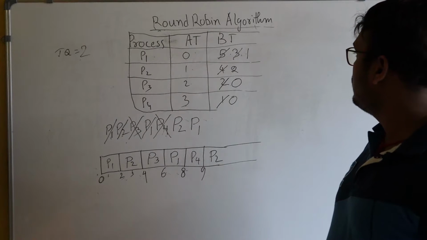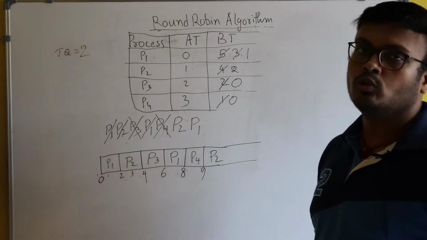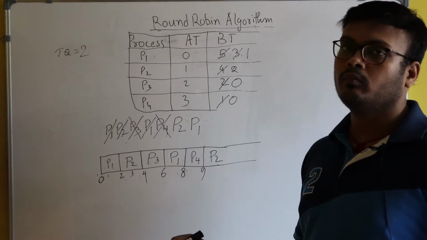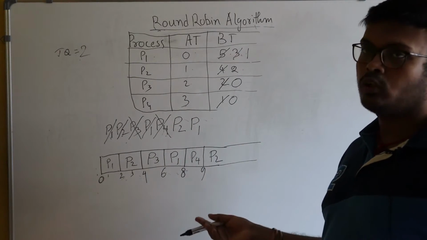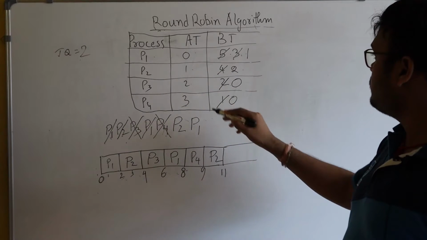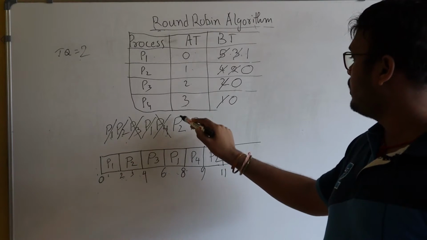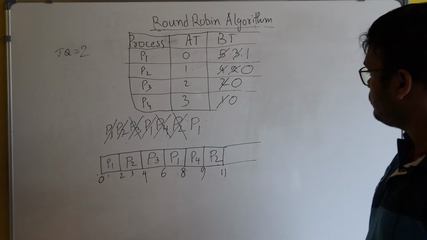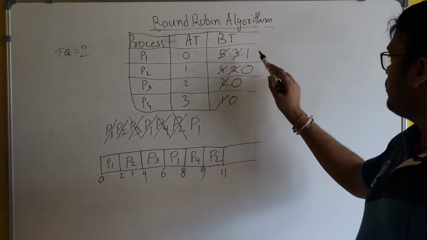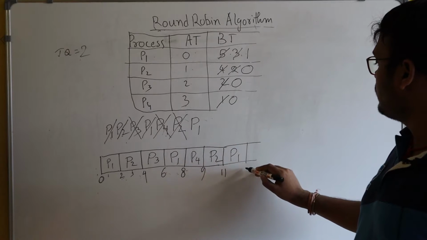So you see the burst time of P2 is left as 2 seconds and the time quantum is also 2 seconds. So P2 will run for 2 seconds and after running for the time quantum, P2 is also done. So here I will write 9 to 11, and P2 is done. So here I will completely remove P2. Okay. Now you see here P1 is left. So how much remaining time is left for P1? Only 1 second. So P1 will run for only 1 second. 12.